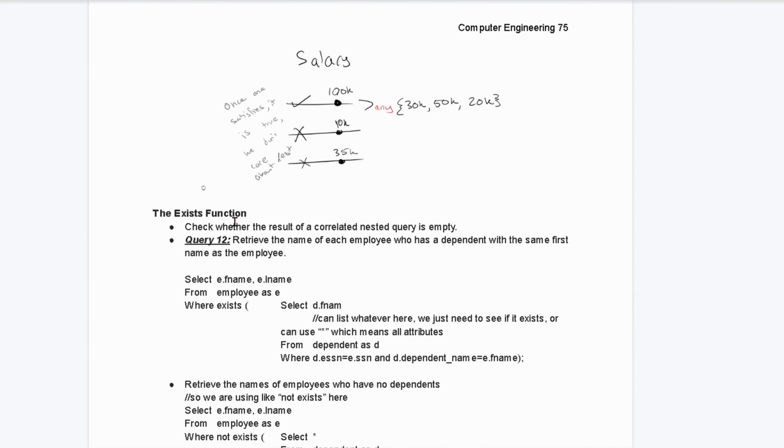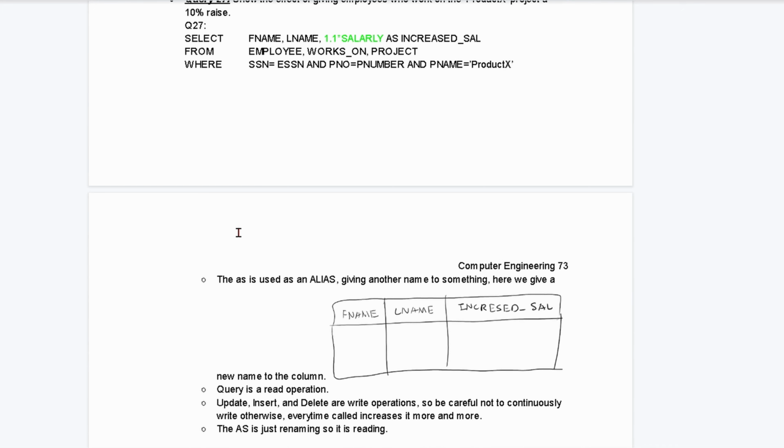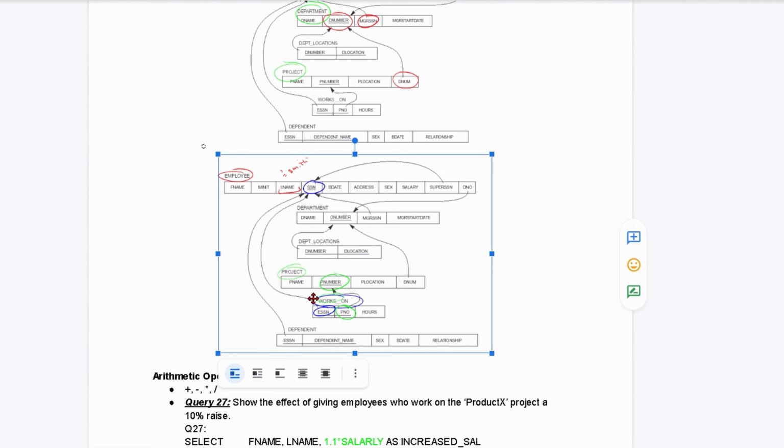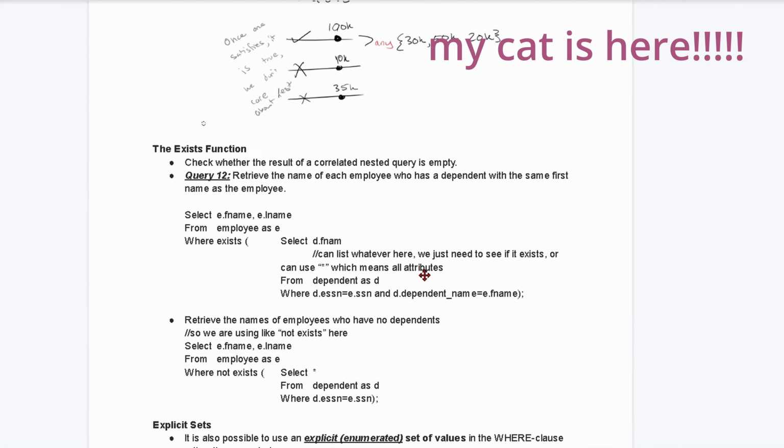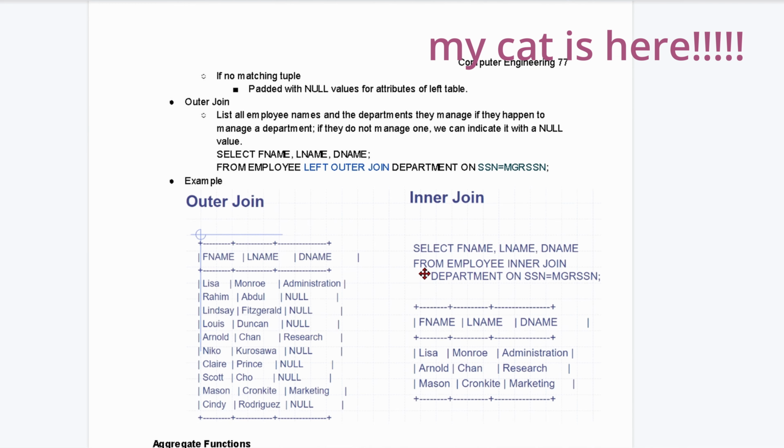Linking these up, we can go to our previous chart that we have right here. It's kind of small, but this is what we're going off of. We have our employee right here. We have our department. So we are going to have our manager social security number, and we have our social security number right here. So they should link to each other. So coming back down here, we have